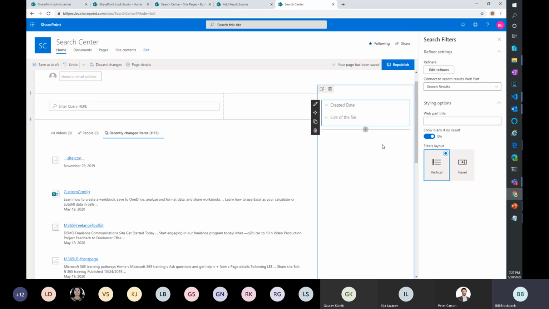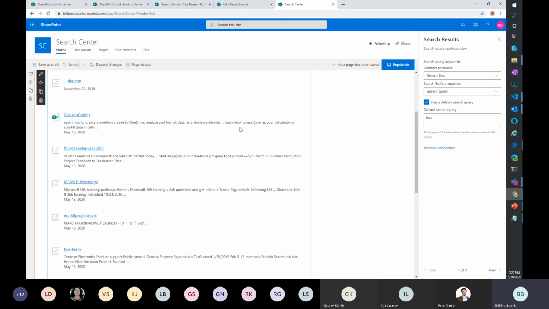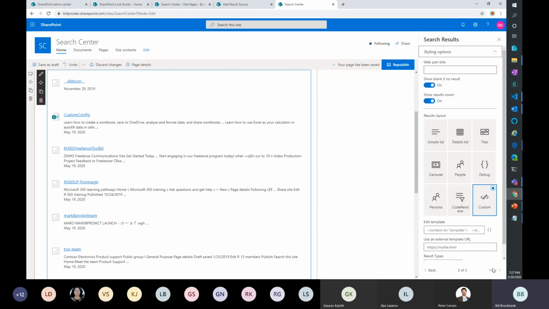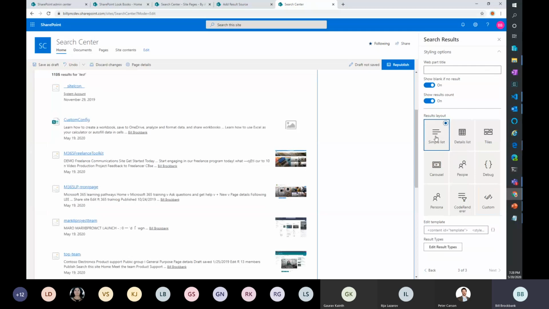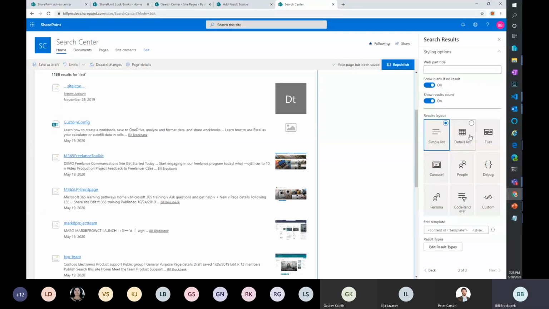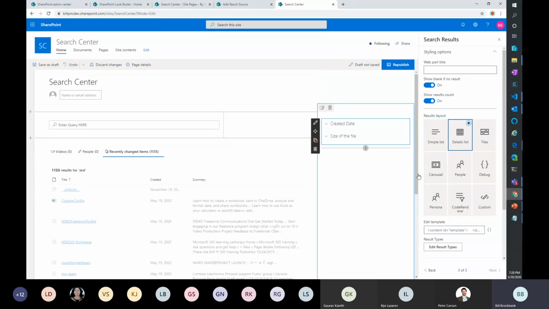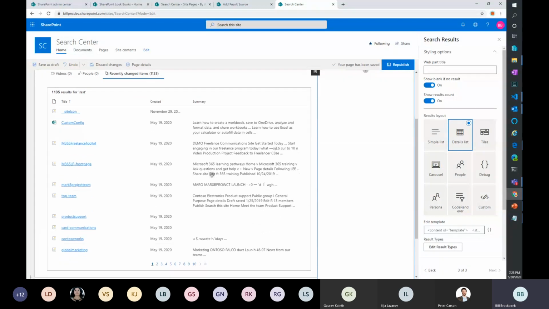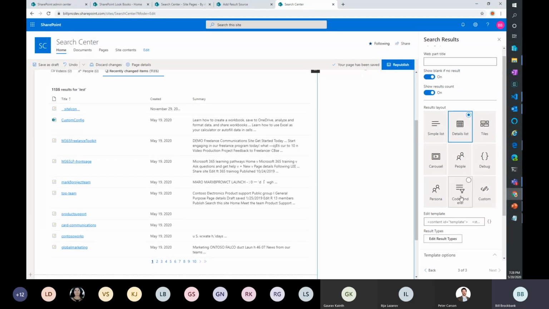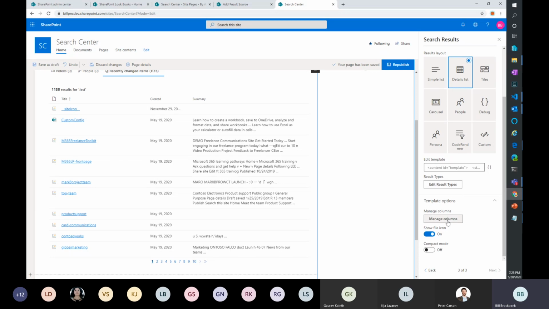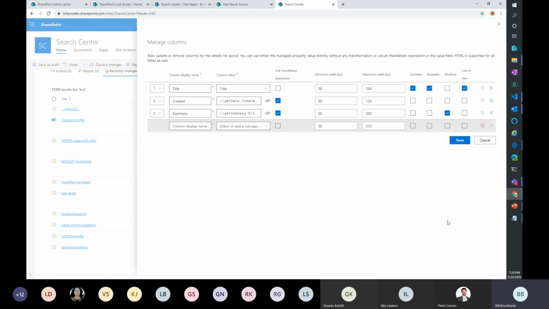We should come back to this in a second. What I want to do is go back to this one now. We've covered it, and if we look at the way this sets up over here, that's the sample list view, the simple view. This is the detailed view, so it looks like a grid, often what you'd see in a content query web part. With the grid, you get some column management over here, which lets you set all your columns for what they're going to show up in the results.